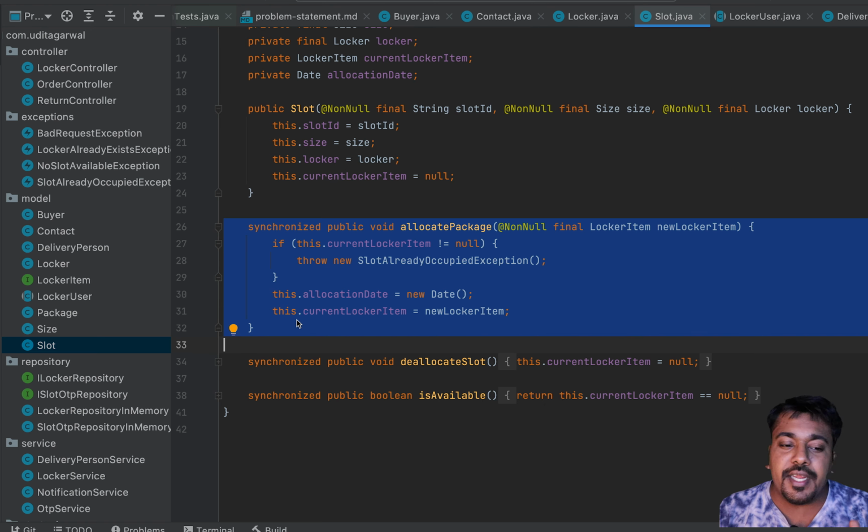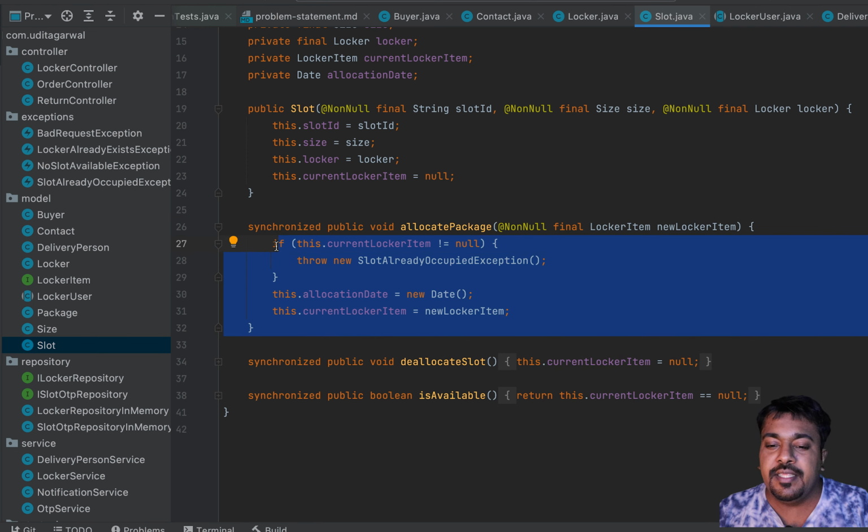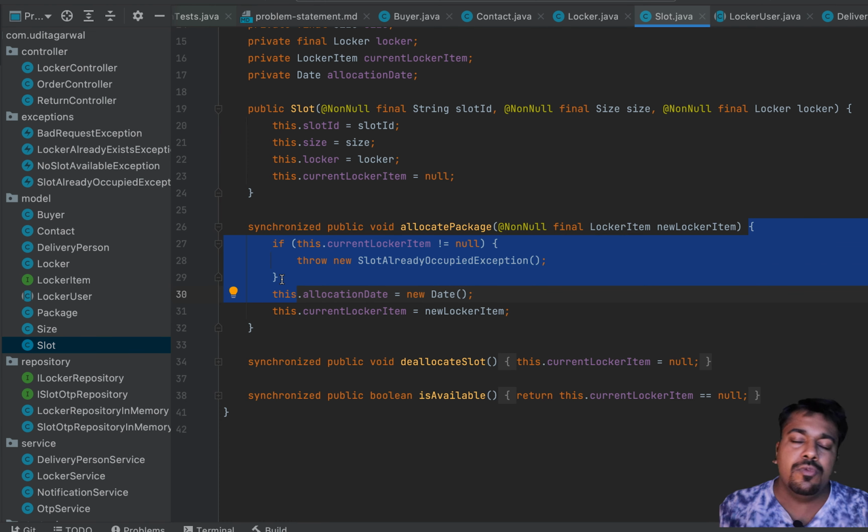If you really want, you can ask the interviewer while writing anything, or maybe you can just call it out. For example, if I had not written synchronized over here, then this would not have been a thread safe method, right? Then what I would do in general is just call out to the interviewer, this method is not thread safe, do you want me to go into that? And most of the times, as I said, the interviewer would say no, or they would say, right now let's not focus on thread safety, we'll touch upon it towards the end of the interview if we get the time. So my suggestion is, don't think too much about thread safety whenever you're doing LLD interviews unless explicitly asked to.